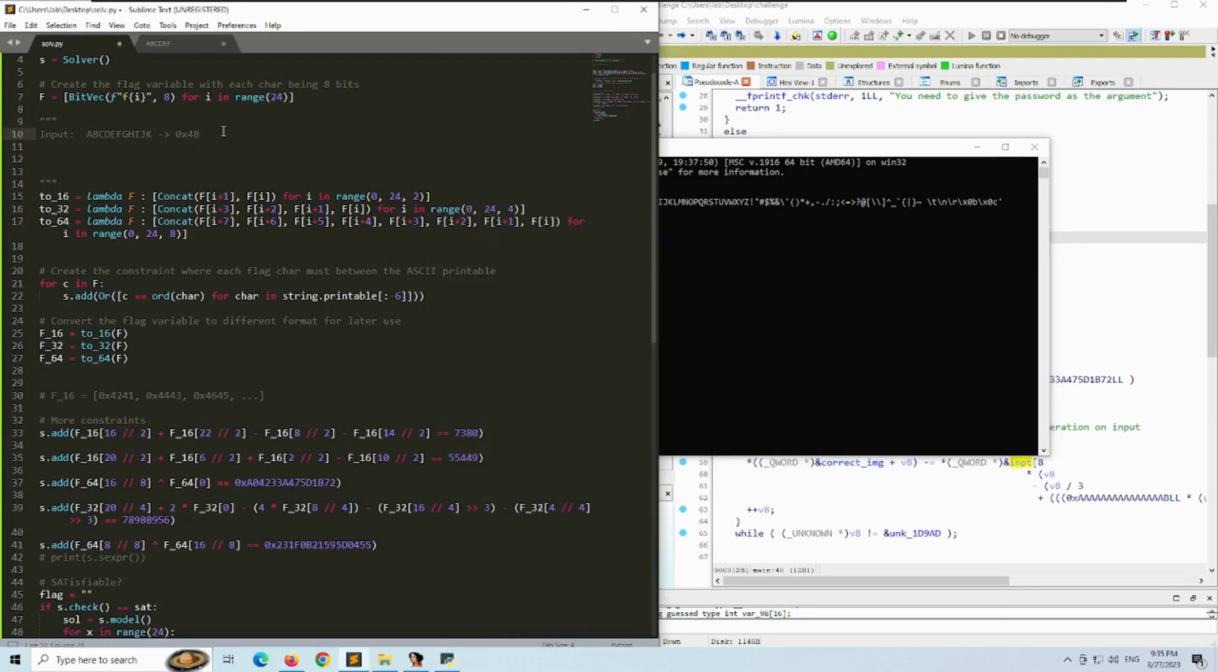So, 4B 4A 49 4A 47 46 45 44 43 42 41. It will be like this in memory, and this 216 especially changes to 4241. Yeah, basically this